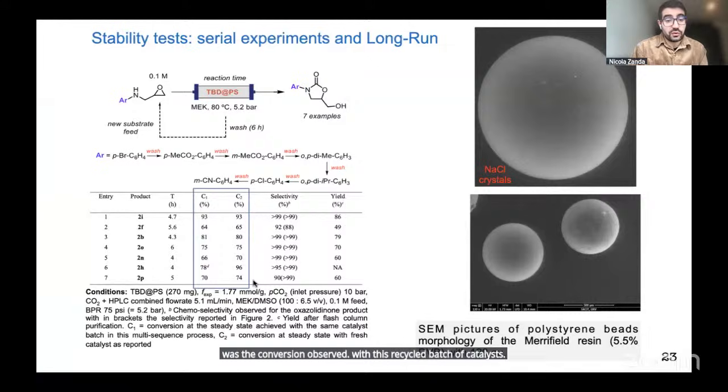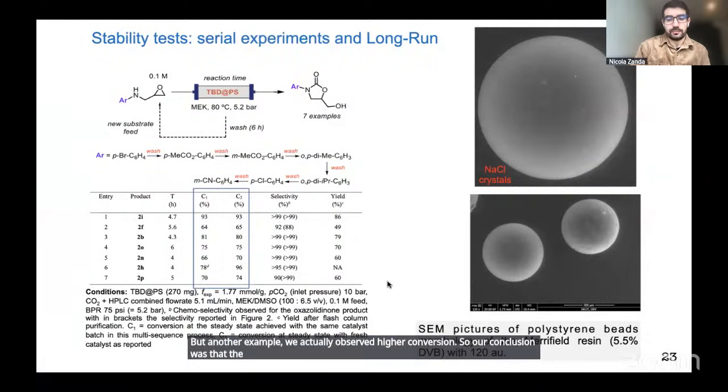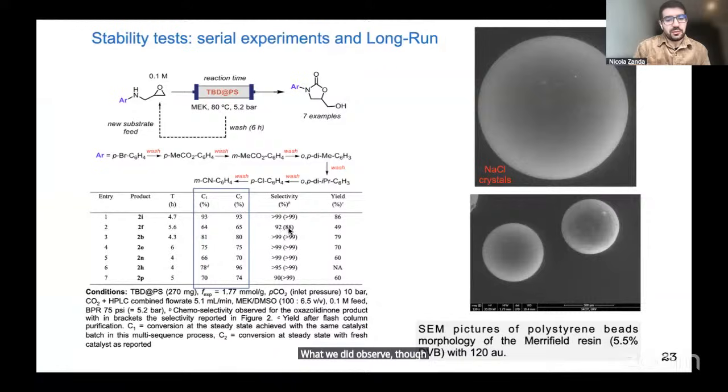And actually, what was interesting to see is that no deactivation was observed. It was true that in some cases, like here in entry 3, the conversion was slightly lower, but in other examples, we actually observed higher conversion. So our conclusion was that the catalyst was stable. What we did observe, though, was that in some experiments, there was some variability in the selectivity of the transformation,